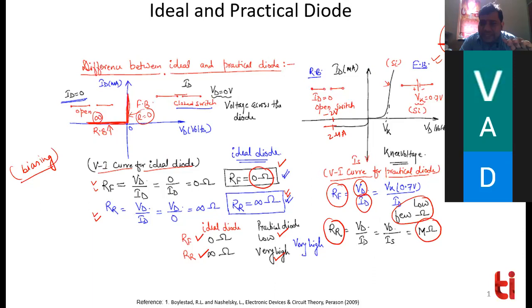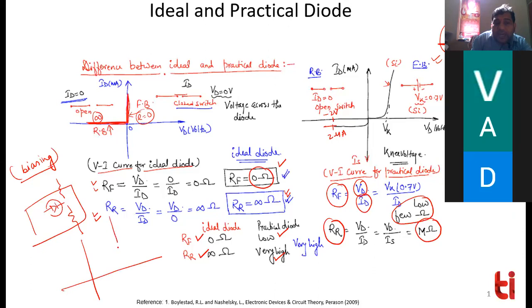What is biasing? Biasing meaning, let's say you have used a diode in a circuit. You have made a circuit, and in that circuit you have placed a diode somewhere. What voltage have you applied, and what current is flowing through the diode? Because you must have placed some resistors, one here, one here. In the diode's characteristics, every current is flowing and you have so many voltages and so many currents. On a single diode you can get all kinds of current and every type of voltage, depending upon where you have placed the diode, what voltage you have applied, and how you have placed the resistor across the diode, so that you are getting this much current.